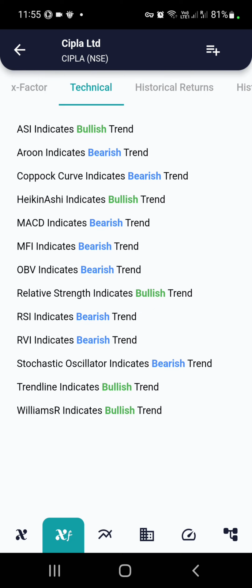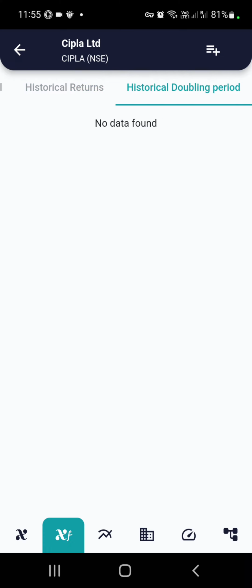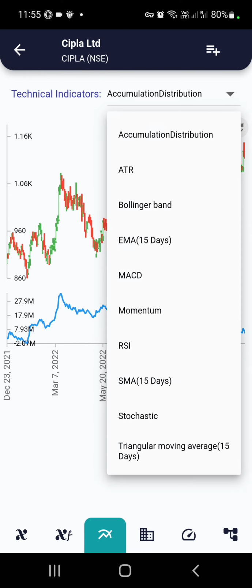You want more details? Here are all the technicals and the interpretations, all the technical ratios and the interpretations, the historical returns. As I said, the historical doubling period, if it is available, it will be shown here. And you can look at the technical ratios. You have the accumulation distribution, ATR, the Bollinger band, and a few others. Go ahead and try them